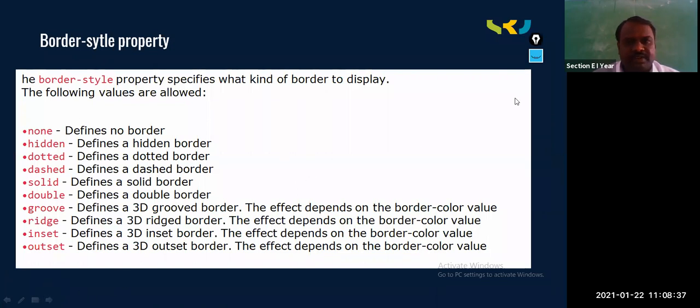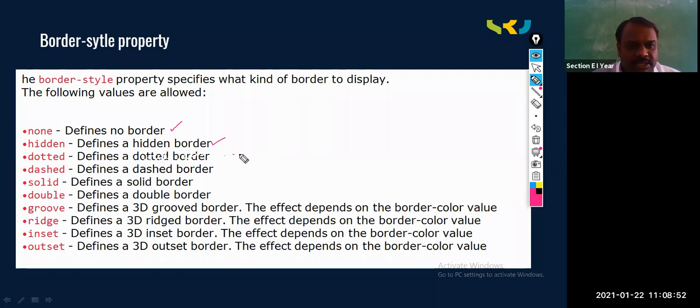So these are the different types of borders. First one, none border is nothing but the default value, which does not print anything, and hidden border will apply, but we are unable to see.